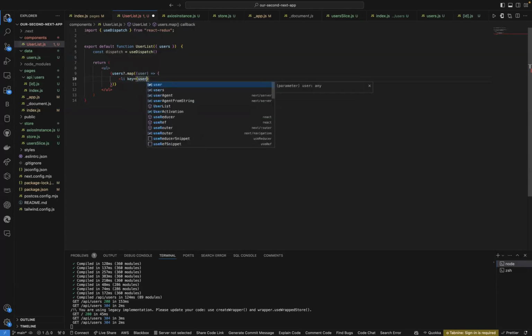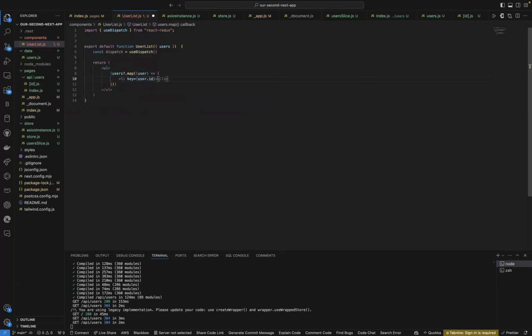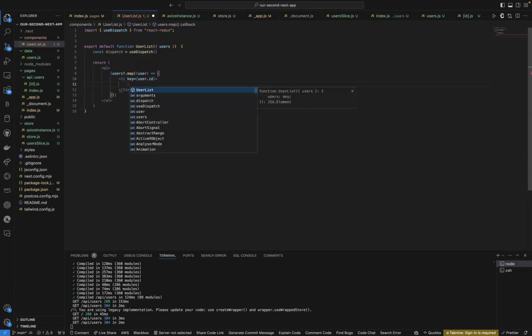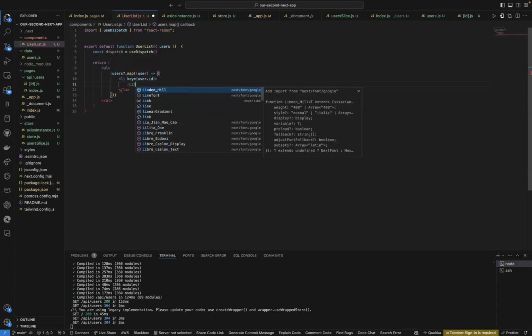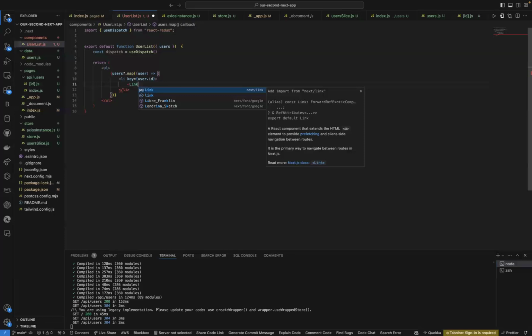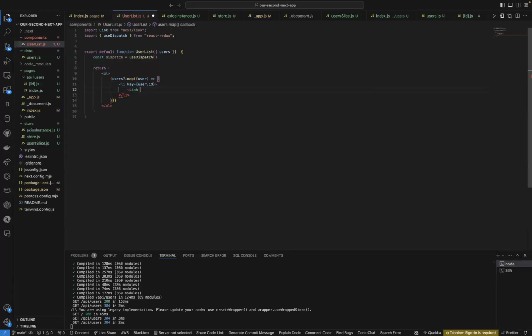Key will be user dot ID. Then let's use link. So this link is a tag that comes with NextJs, and I'm sure you guys use it already. You can use it for dynamic routing, right? So for this, I'm going to say backticks and